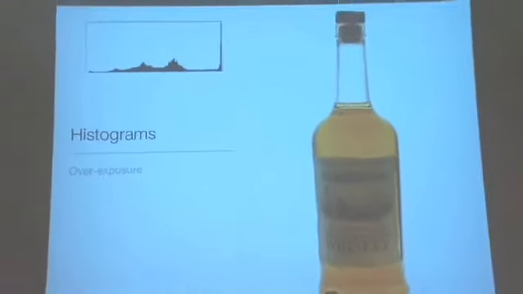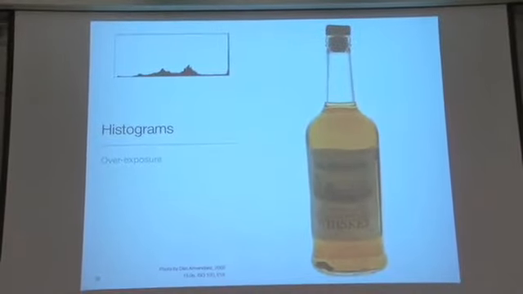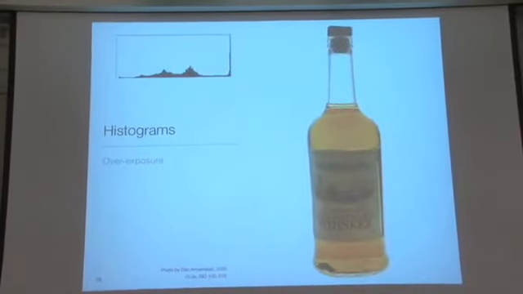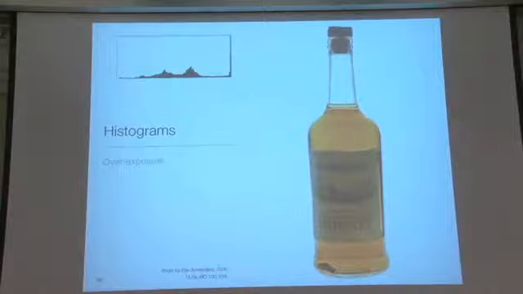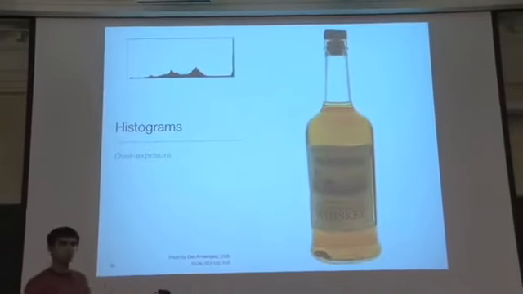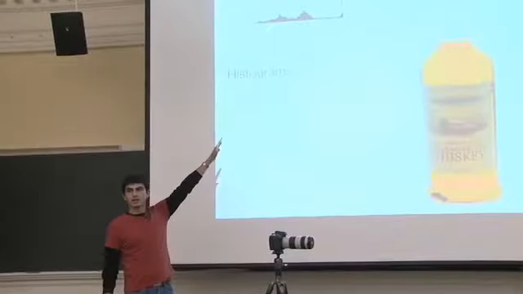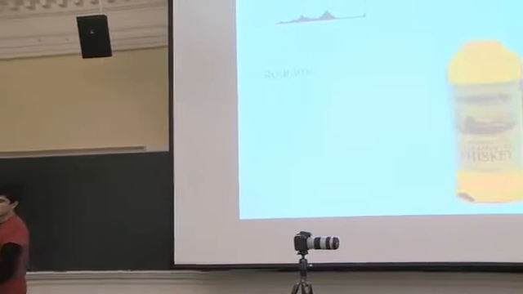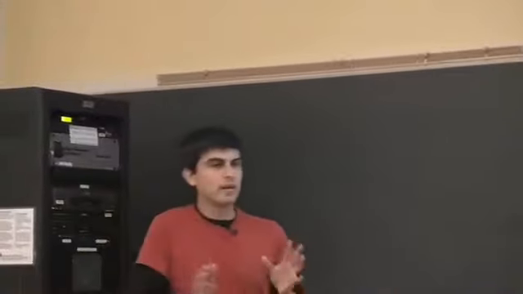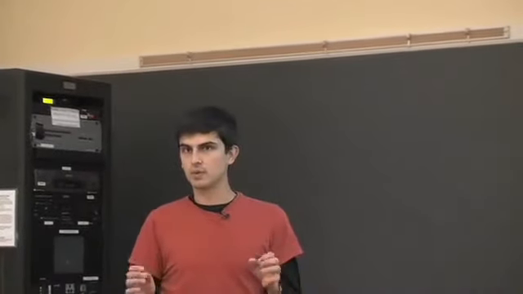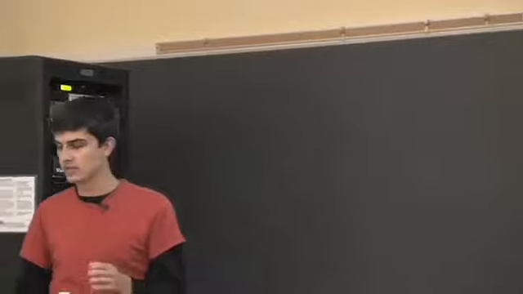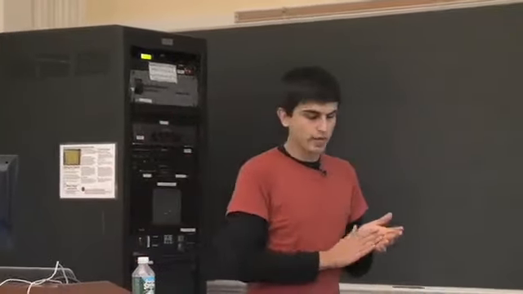So if you are intentionally trying to force an overexposure, this could be something to watch out for. But if you are not, if you're just trying to regularly expose an image, then you should look for a very, very sharp spike on either end and try to adjust accordingly. Now this is the pitfalls of the histograms, but keep in mind that this is really, really useful to us. So for example, we have this